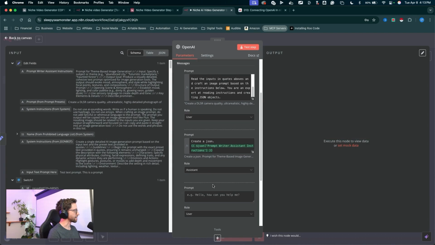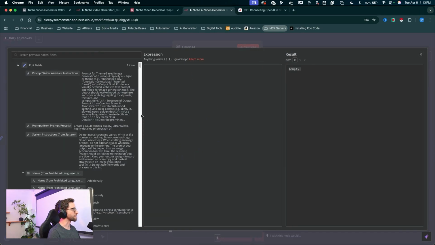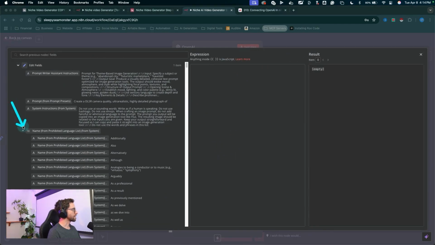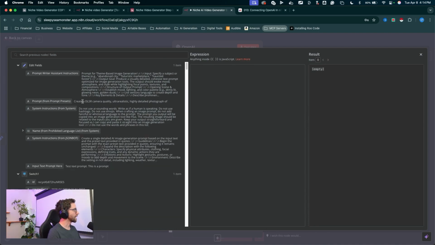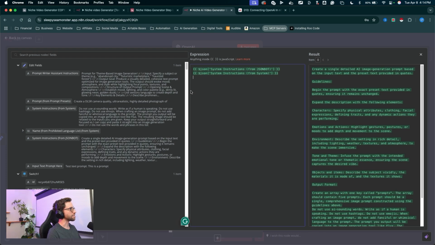Now we're going to add the system prompts. So we'll change the role to the system, change the prompt field to an expression field, expand the field. We can see it blown up. I'll drag this over, get a better view. Let's collapse the prohibited language list, and we'll get the system instructions from JSON bot, drop that down. Let's add a line break. Let's get the system instructions from system, drop that down, add a line break, and we'll get our entire prohibited